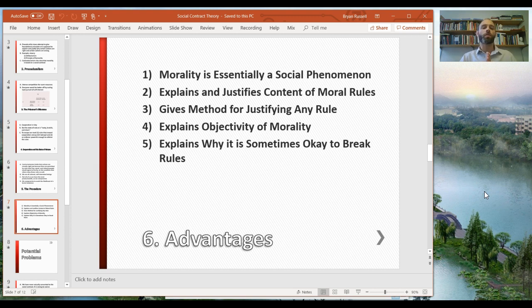So social contract theory explains why it is sometimes okay to break the rules. Generally, we should follow the rules that allow us to live in a lawful society. Why should we do that? Because we don't want to go back to the state of nature, and we all are better off living in that sort of society. But social contract theory explains why it's sometimes okay to break the rules. It's okay to sometimes break the rules because we only agree to follow the rules according to social contract theory, given that other people are following them, given that the rules that we're asked to follow are rules that we would agree to if we were free,